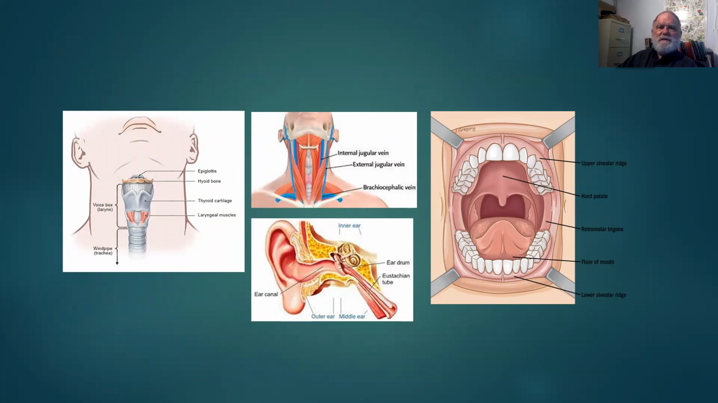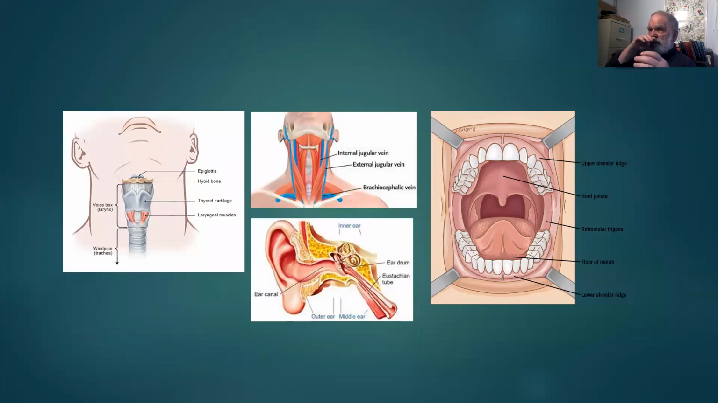This is the voice box here in the neck. The blue there is the jugular veins that drain the blood from the brain. They come back to the heart. These are the tonsils. Tonsils are a massive lymphatic tissue. They're like a lymph node, right? Lymphoid tissue in the back of the throat there. There's also lymphoid tissue all around there. There's a ring of lymphoid tissue all around the